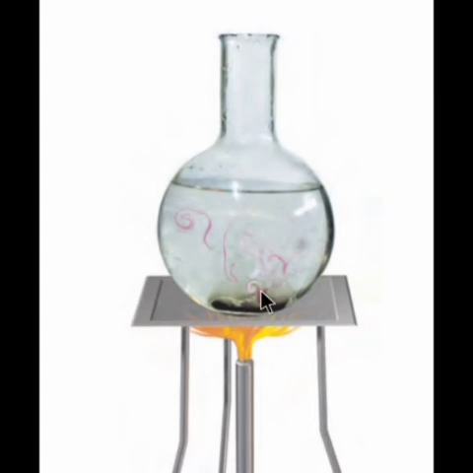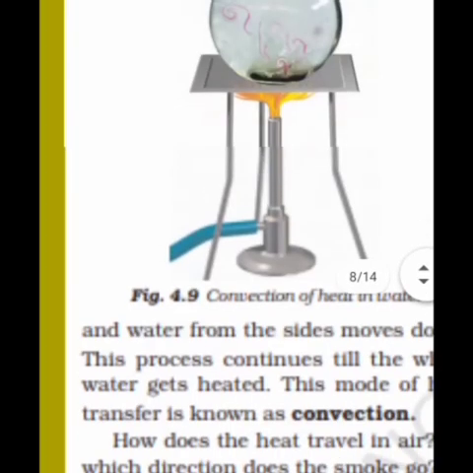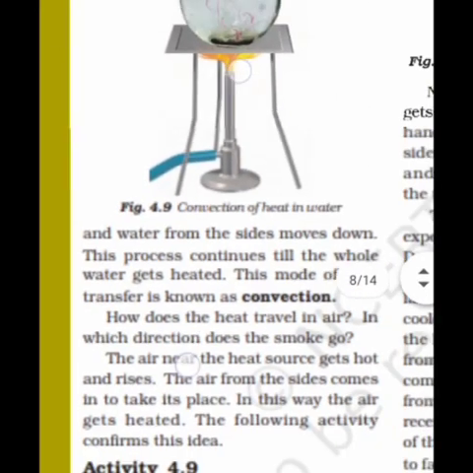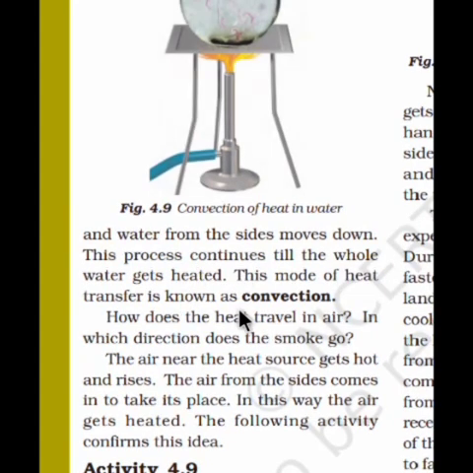It means the bottom water, which is already heated by the candle, will go upside, and the upper surface water, which is cooler than the bottom, will take the place of the downside water. It means the water beside the wall will go to the lower side, and the water from the middle will go to the upper side, and it will continue until the water in the flask is heated equally. This is the process where water is circulated in the flask. It is called convection. This mode of heat transfer is known as convection.